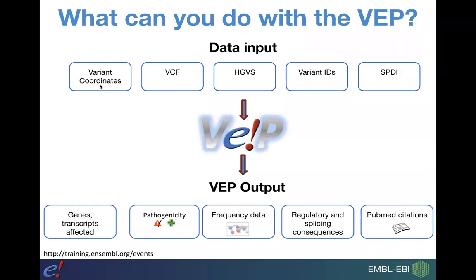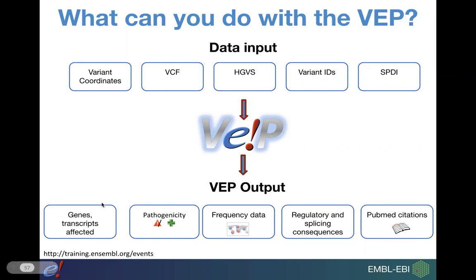So they could be the variant coordinates. So this is the Ensembl default format. They could be in the VCF format, HGVS, variant IDs, and also SPDI. Once you've input your data, VEP is going to process this data, and it's going to pull information from Ensembl, but also external resources. And then it's going to give you an output,